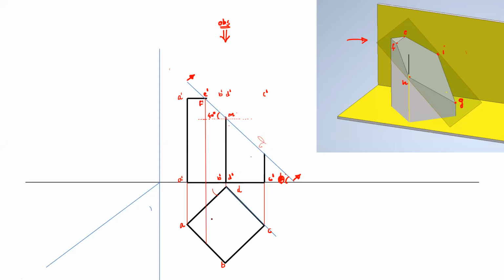Now to draw this sectional top view, just project the points E dash and F dash in the top view. In the top view, you can observe the 2 distinct points, E dash and F dash. One point will be on the edge AD, and the second point will be on the edge AB. So this point is E, and this is F. Then the remaining points, H and I. Here you will get 2 points, H and I, and at this edge there is 1 point, that is point G. Just refer to this image, then you can understand.